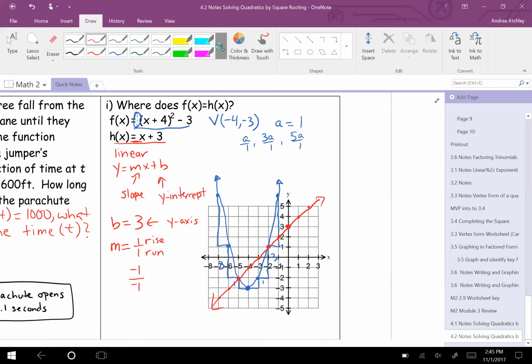Okay, then all I need to do is find what the x values are where they intersect. x equals -2 and -5. That's where those two are equal. Okay, your homework